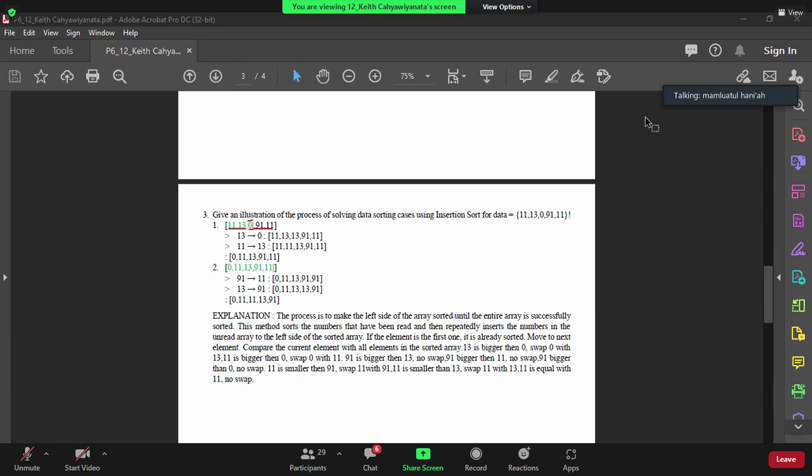So first you need to compare 13 with 0, right? And then you compare 11 with 13 or 0. We compare it with 0, and then we shift like that.